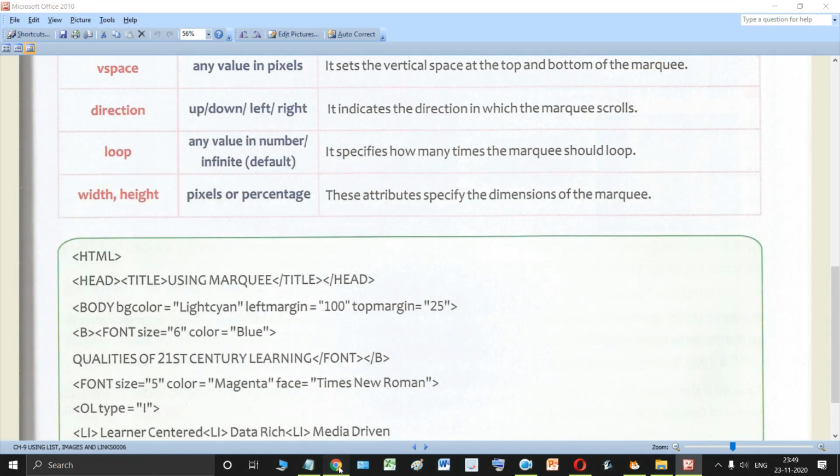If the height of the page is 100%, then this will have the height of 50%, and if the width of the page is 100%, then this will have 50% width.